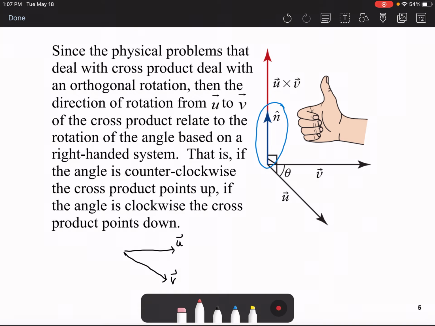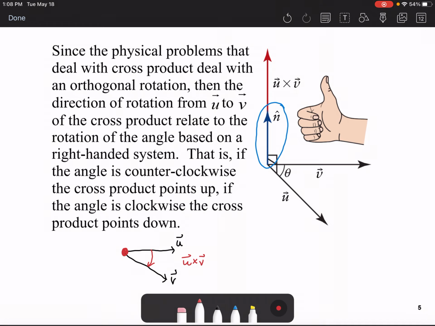So you're actually working out u cross v. Well, what you're doing is you're going from u to v. So you take your right hand and place your wrist along the vector u, so that your thumb is at this corner right here. The thumb is either pointing upwards or pointing downwards. Now, if you can curl your fingers towards the vector v naturally,